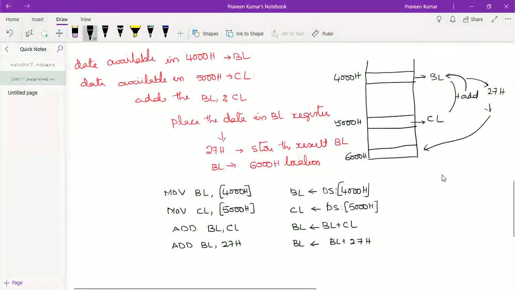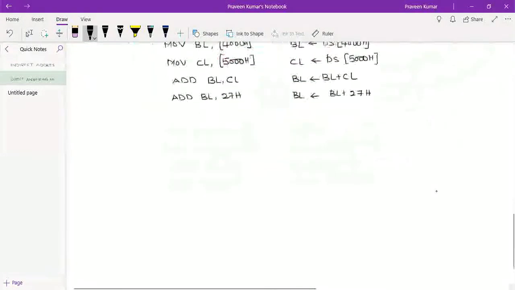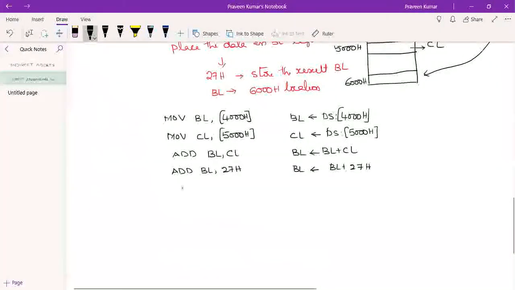The next one is to store this data back in 6000H. So I move into the location DS 6000H the data available in the BL register.